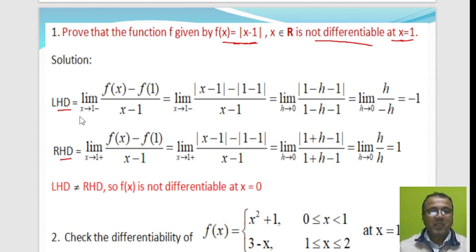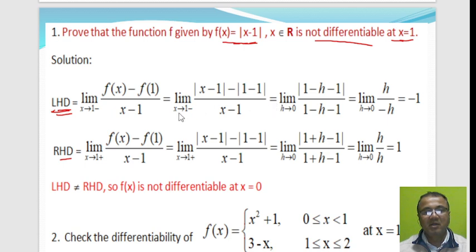Okay. Now here, how are you going to find the left hand derivative? Left hand derivative means limit x tends to 1 minus of f(x) minus f of 1 over x minus 1. And here f of x means modulus of x minus 1, isn't it? F of 1 means modulus of 1 minus 1. We are getting this value. Okay, the denominator is x minus 1. Now, for x tending to 1 minus, we have to replace